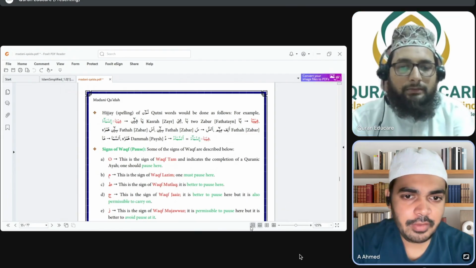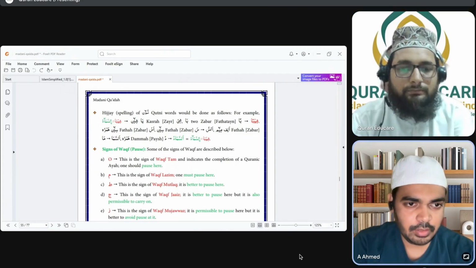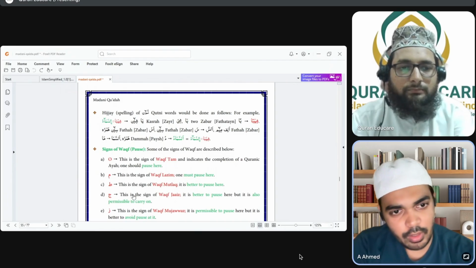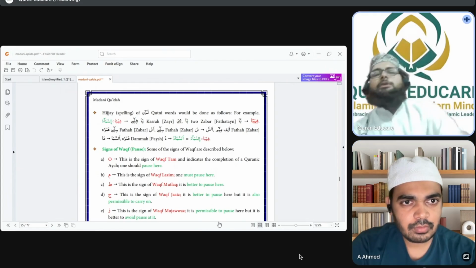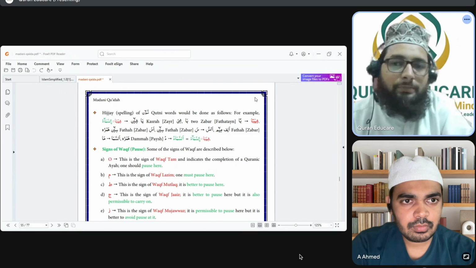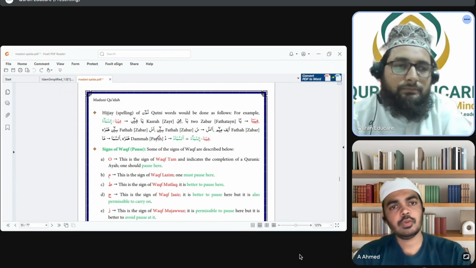So one question I have: the rule of noon kutni that you have explained, can I apply it in every line of the Quran? Or when there is a condition after tanween, if there is a hamza wasli, then you can apply the rule of nun kutni. Okay, got it.